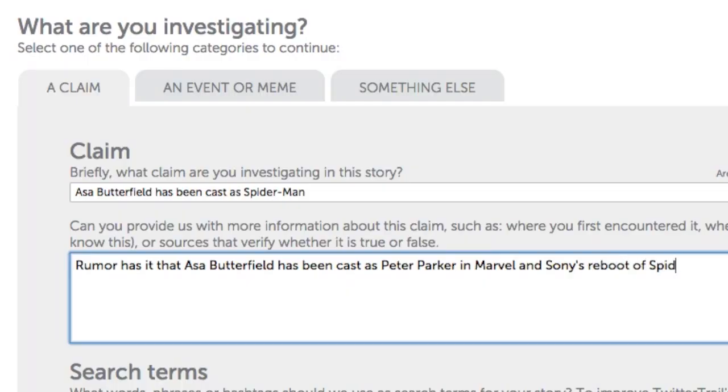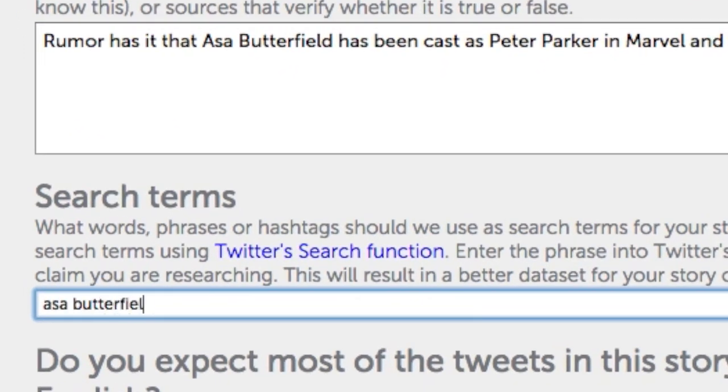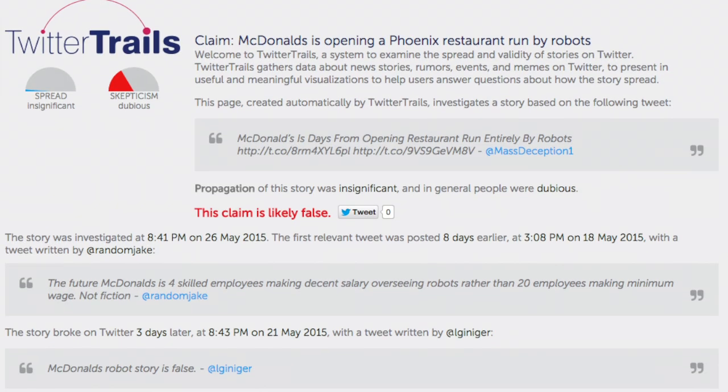Anyone can submit a request for Twitter Trails to investigate a particular story. Using search algorithms, the tool finds a number of details surrounding a rumor or claim by searching for specific keywords from the previous week. The first thing that you see there is a little briefing about what Twitter Trails has